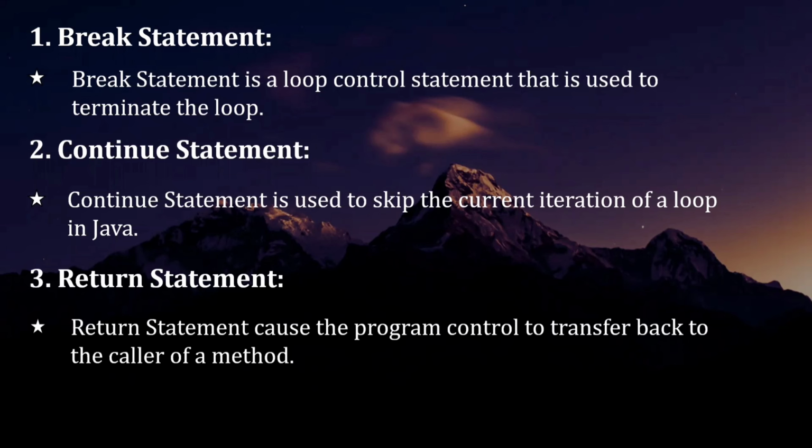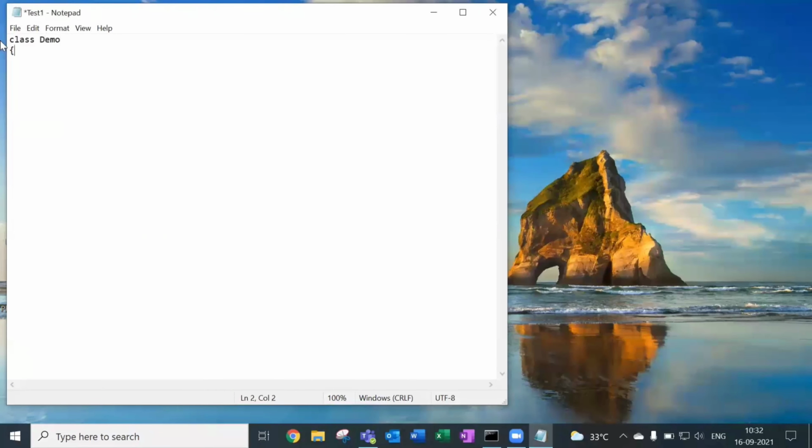Let's deal with the example. First, I'm going to create a demo class. It is not my main class. I'm opening a bracket and declaring two variables for performing addition. And then I'm going to create a method. I'm just declaring void add, and then int c equal to a plus b, System.out.println(c) as a print statement. Now I'm closing this add method and also the demo class.